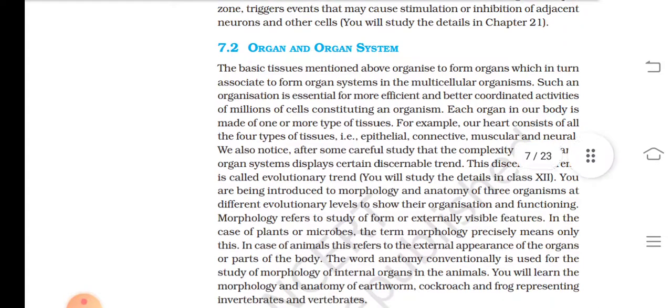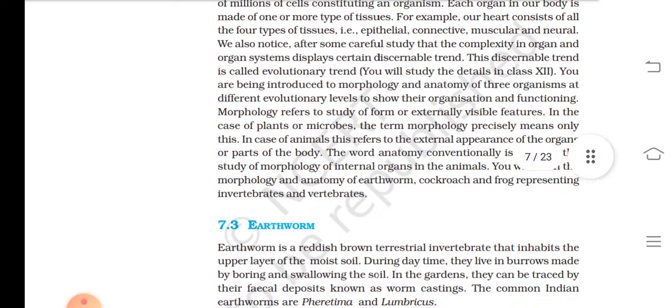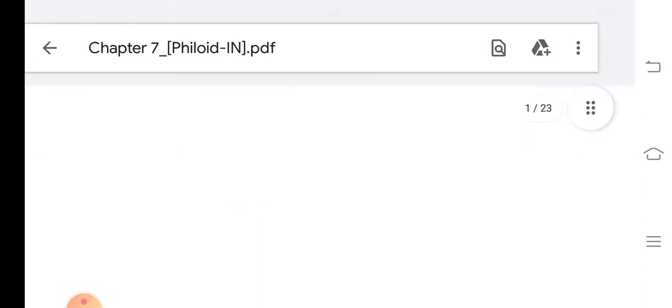You are being introduced to the morphology and anatomy of three organisms at different evolutionary levels to show their organization and functioning. Morphology refers to the study of form or externally visible features. In the case of plants or microbes, the term morphology precisely means only this. In the case of animals, this refers to the external appearance of the organs or parts of the body. The word anatomy conventionally is used for the study of morphology of internal organs. In the animals, you will learn the morphology and anatomy of earthworm,